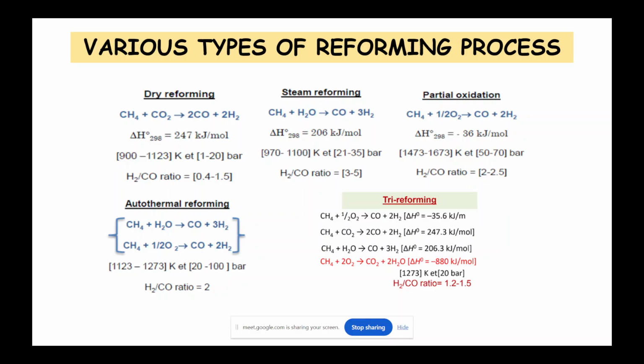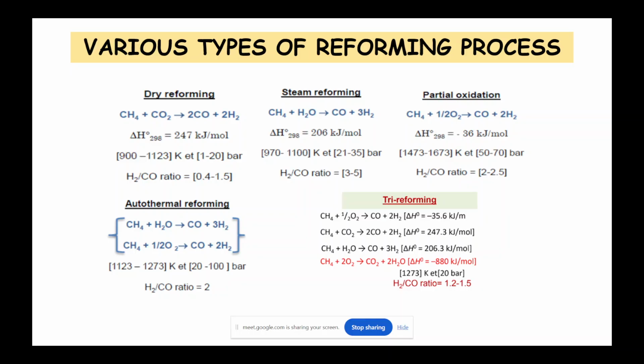So coming to this reforming process where this carbon monoxide and hydrogen gas is produced, the conversion or transformation of natural gas to syngas usually happens through either exothermic or endothermic reaction. There are several different processes through which you can actually obtain this syngas. So the first one is steam reforming, dry reforming, then you have this partial oxidation reforming, then you have autothermal reforming. So these are the 3 or 4 most commonly and widely used process.